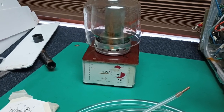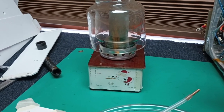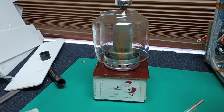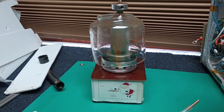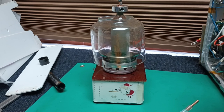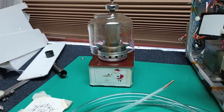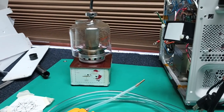And that in no way are these fans specified by IMAC or whomever enough to cool the 400 watts of radiation coming off that plate. That's infrared energy coming out and going into the cabinet, and dealing with that is an entirely different, complicated topic. That energy has to be taken out of the cabinet. If it isn't, in theory, it could all come back and heat the plate. So that's the overall picture here, with emphasis on it's got to be verified